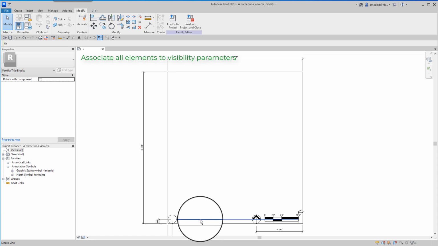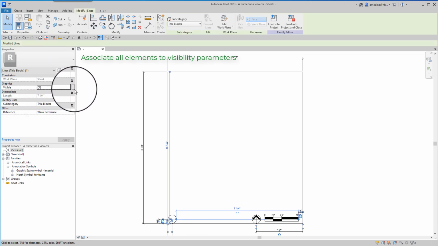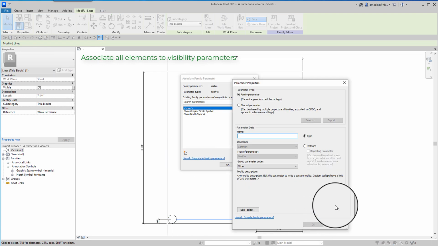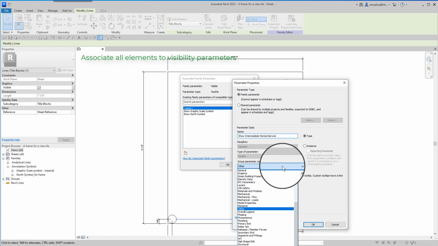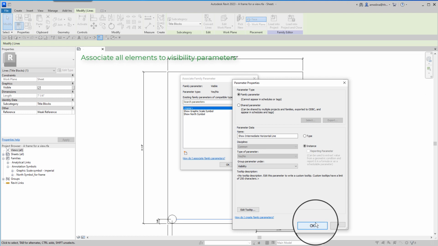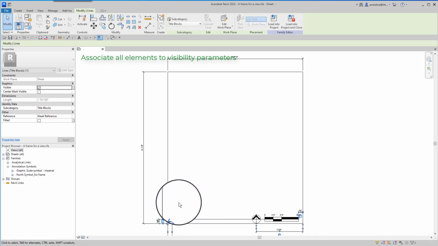Let's do the same for this line. Visible, associate, and let's say intermediate horizontal line under visibility and instance. And we do the same for the circle.